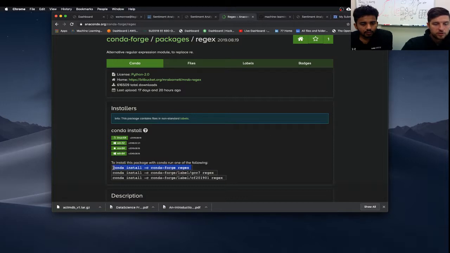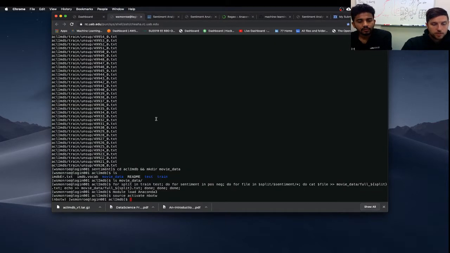A lot of times you can just say conda install and then the name of the library, but sometimes the name that you use in Python is different than the name that's actually in here. So re is what you import in Python, but the name of the package that you install is regex, again standing for regular expressions. All right, so we'll just copy and paste that over here,